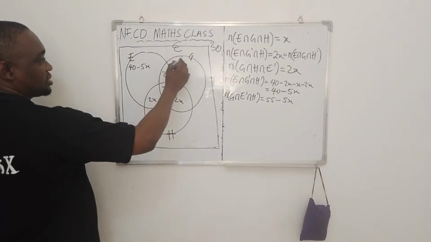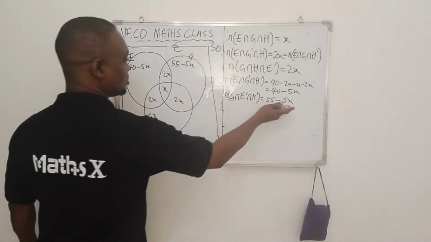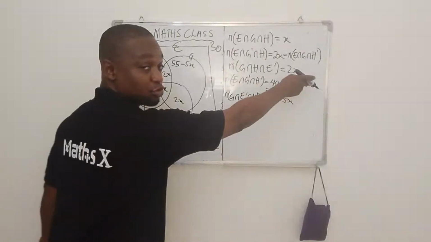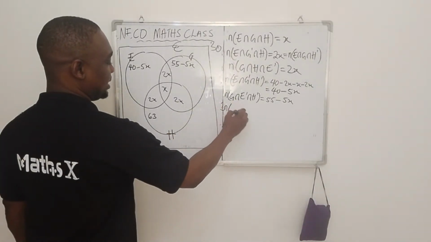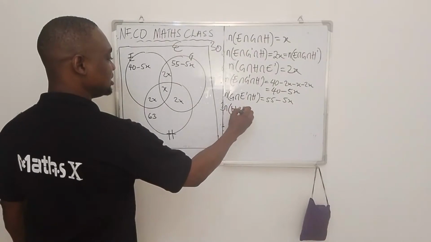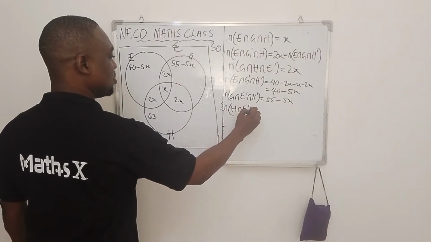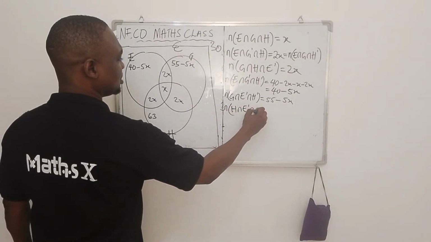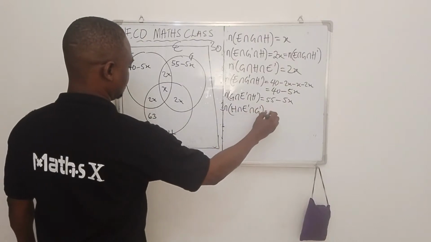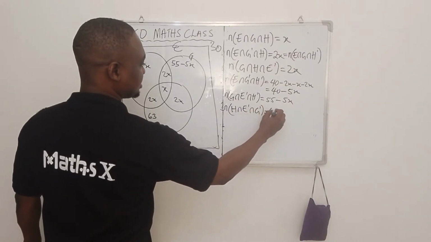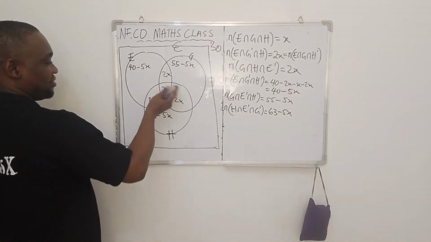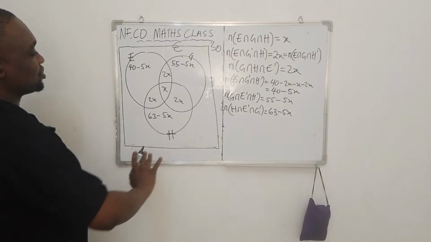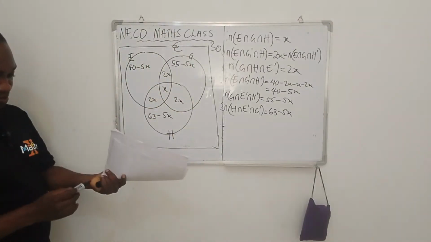2x, 2x, 2x, that's minus 5x. So I went in straight instead of going through this again. Then lastly, but not the least, n of H intersection E complement intersection D complement is 63 minus the same 5x. So that's minus the same 5x, because that's what we're having here. So for doing all this, my dear,